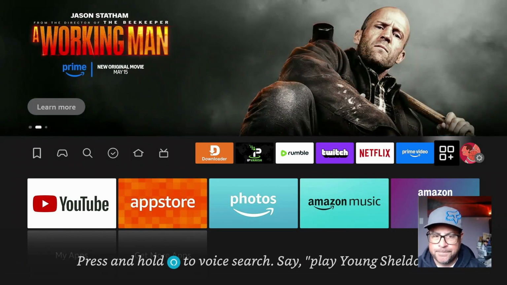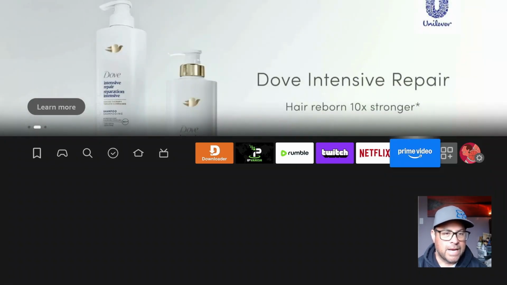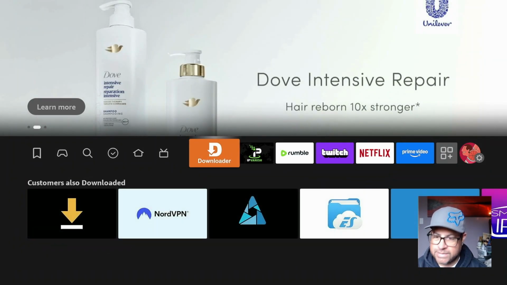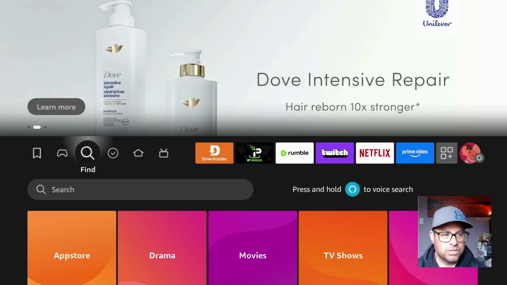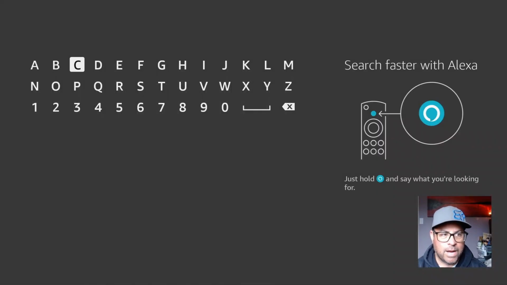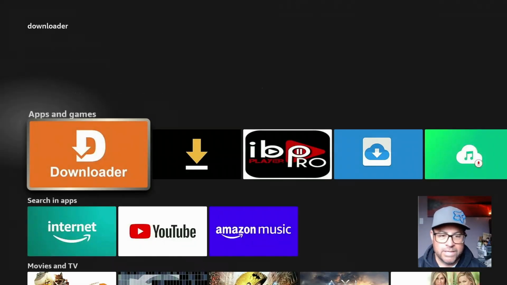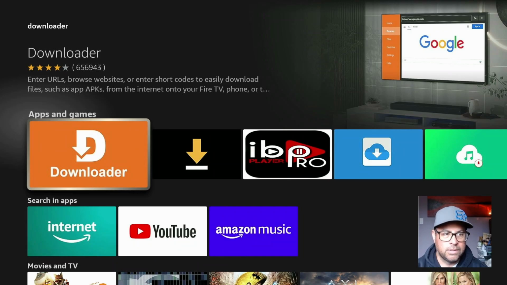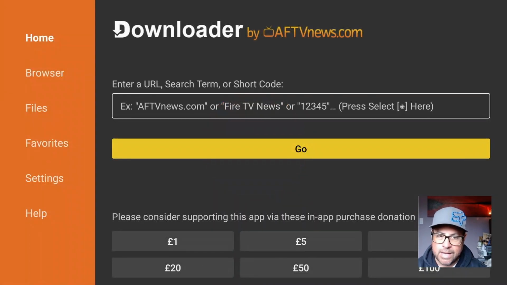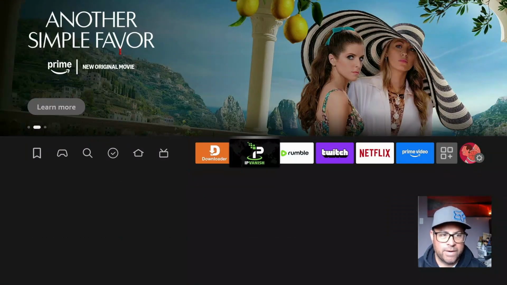So, what we need to do is download a program called Downloader. This gives us the ability to sideload applications onto our Fire Stick. So, first app we need to download is an app called Downloader. In order to do that, just hit the little magnifying glass here, type in Downloader in the search. Downloader is available on the App Store, so get it, download it, put it in the queue, and prior to opening it, once you have it downloaded,